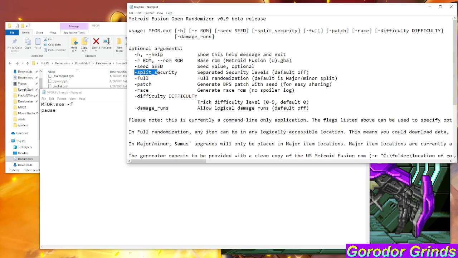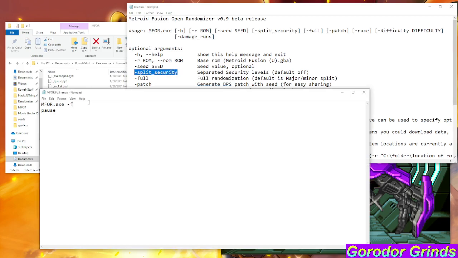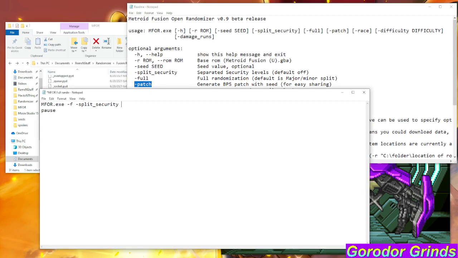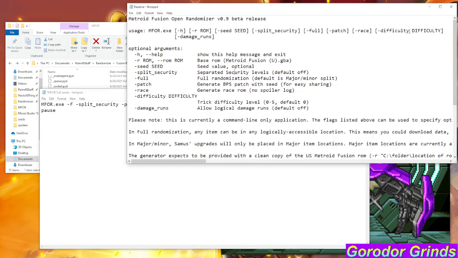So if I did this, okay, it's already full. I don't know if it has to be in order. I'm assuming no. I do know if you do patch, that's good. It's going to generate an additional